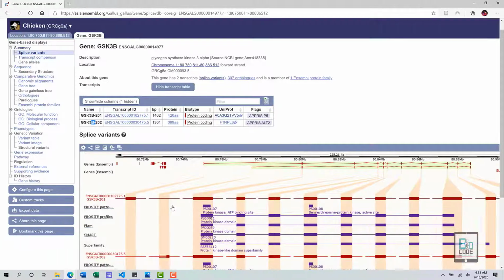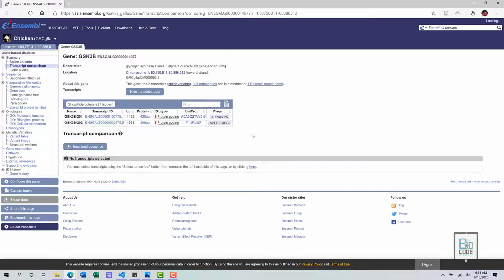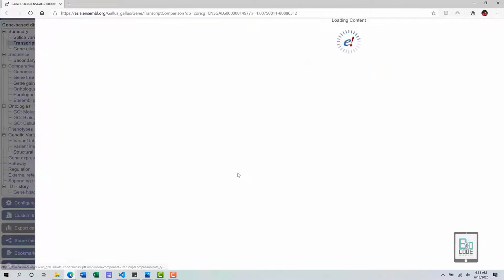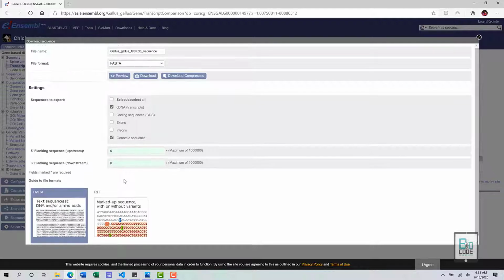Bear that in mind, this is not gene-wise information. We can also do the transcript comparison. If we click on transcript comparison, we can find these two sequences available. If you click on download sequence, we can find both of these transcripts in FASTA format, and you can also select your RTF